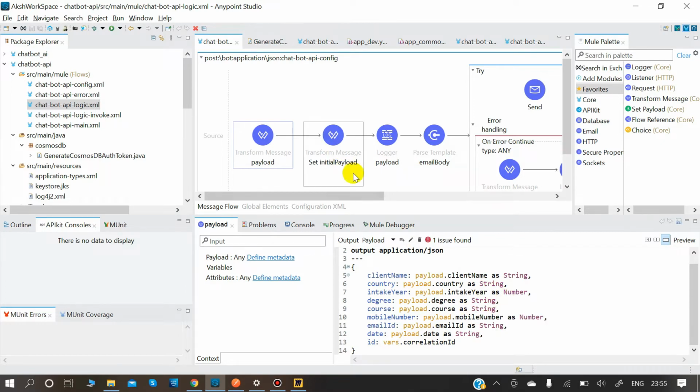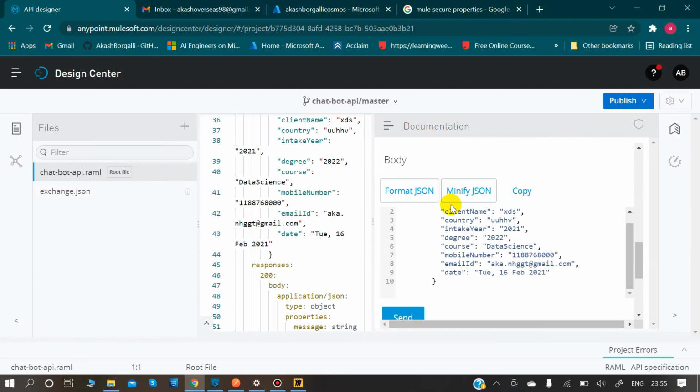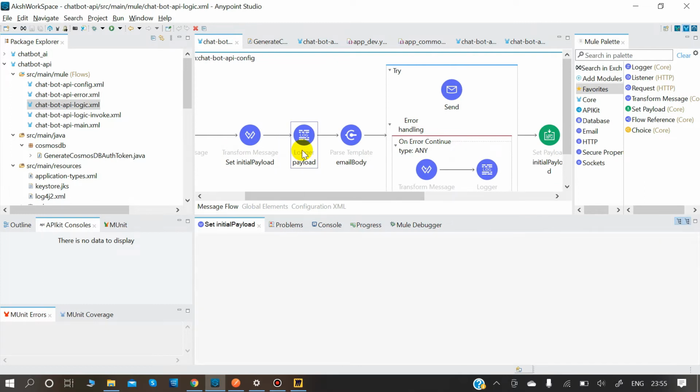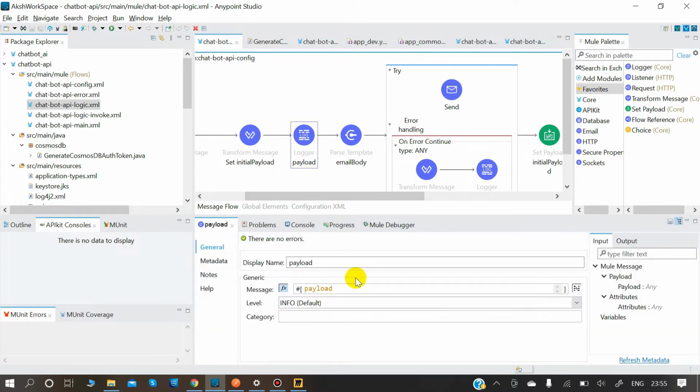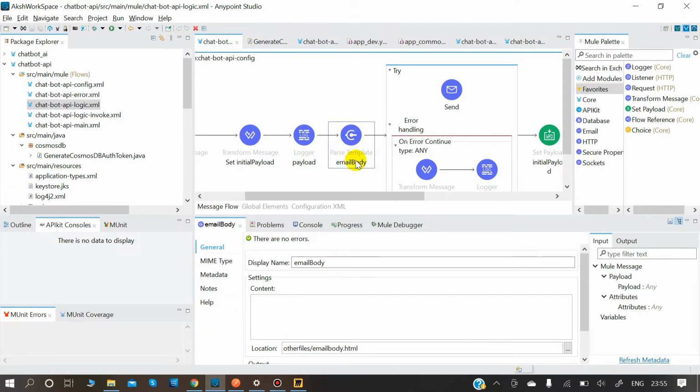Then comes the set initial payload where we are storing the initial payload, the entire JSON. What else do we have? Yes. Then we are logging whatever the payload is, and this is something called parse template.